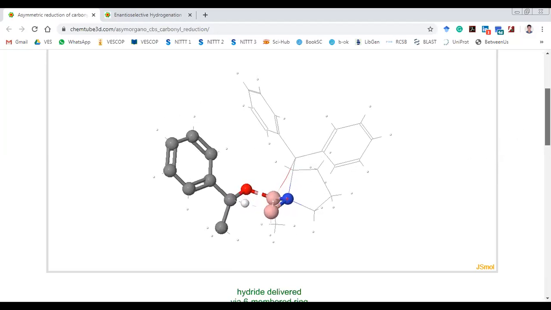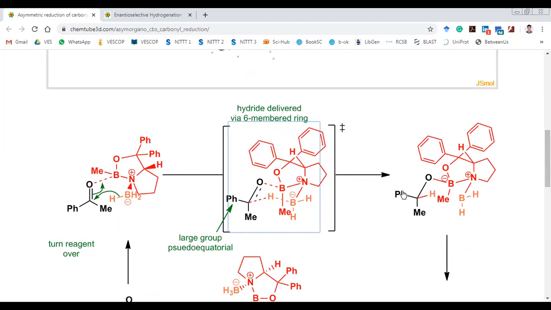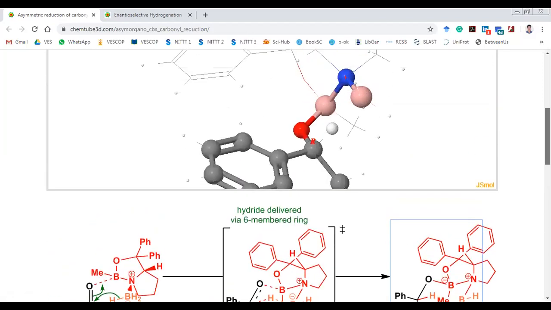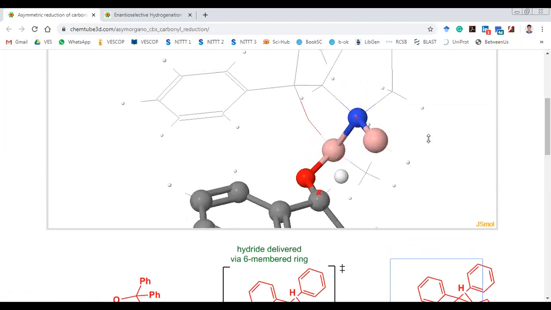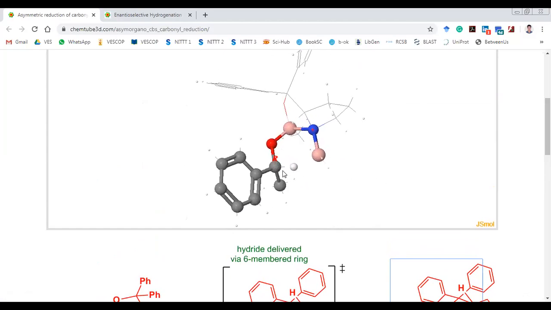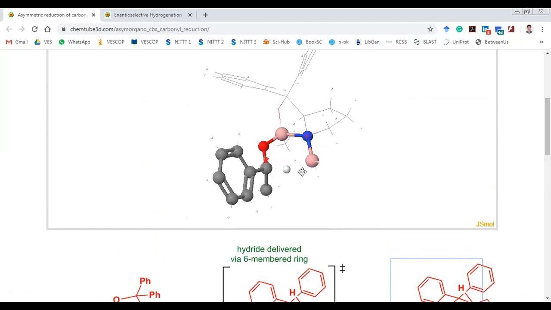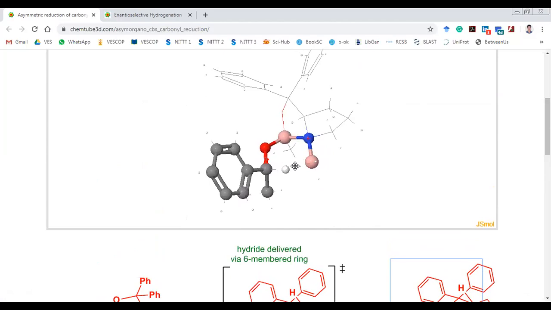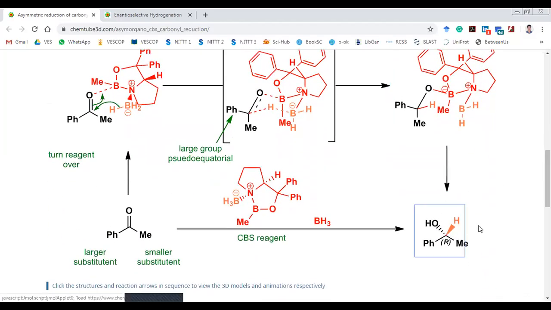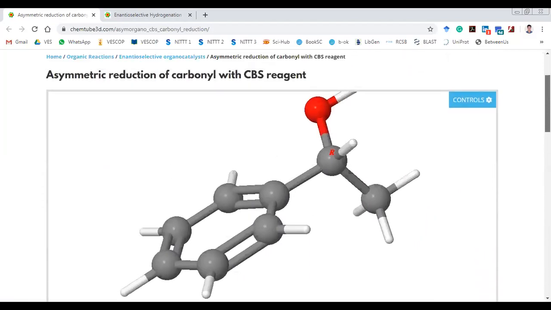So as a result, when this is cleaved, once the reaction is complete via this, you get the hydrogen being added at this particular carbon because of the preferential orientation of larger groups away from this boron atoms. You are getting one particular kind of enantiomer. In this case, this is the R enantiomer. You will get the final product of this, which is an R enantiomer.